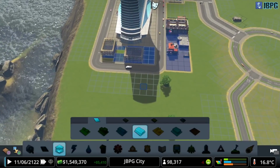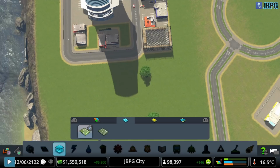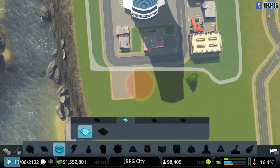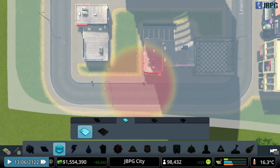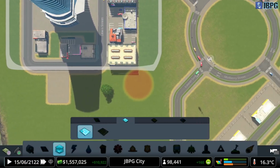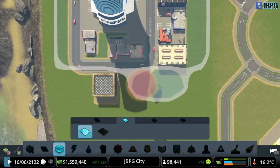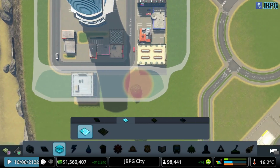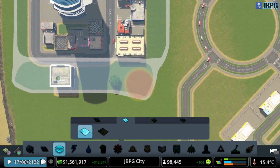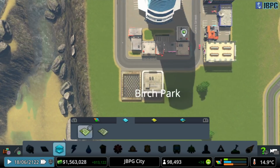Excellent stuff. And then this block just here. I need to go back to my district tool here. I need to be very precise with this. Perfect. So what I want to do is paint in a little block just here. Like that. And Birch Park